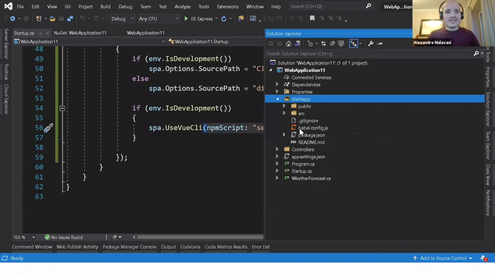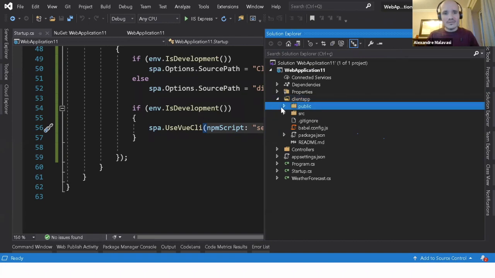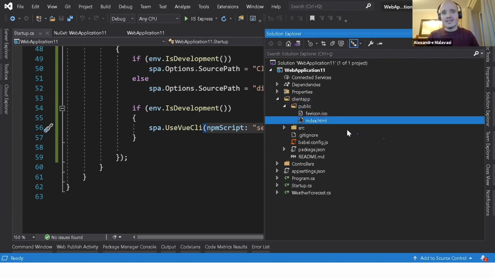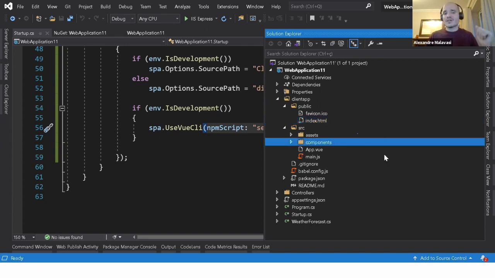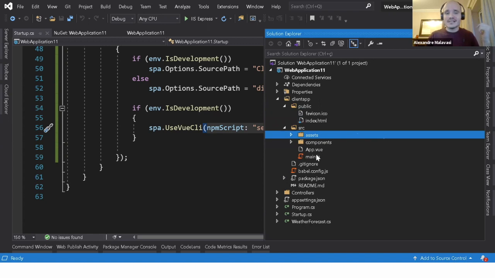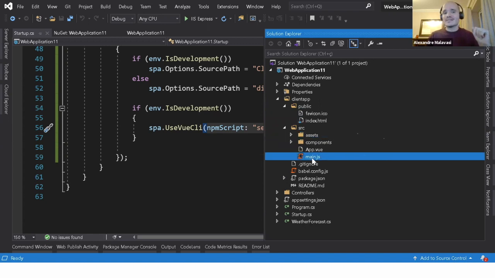So we can close this one. After installing the necessary packages, we are going to change the main application, the main JS application. If we go to public here, that's going to have the static files from the application. If we go to the src folder, there is a folder for our components, for our assets, and this main JS